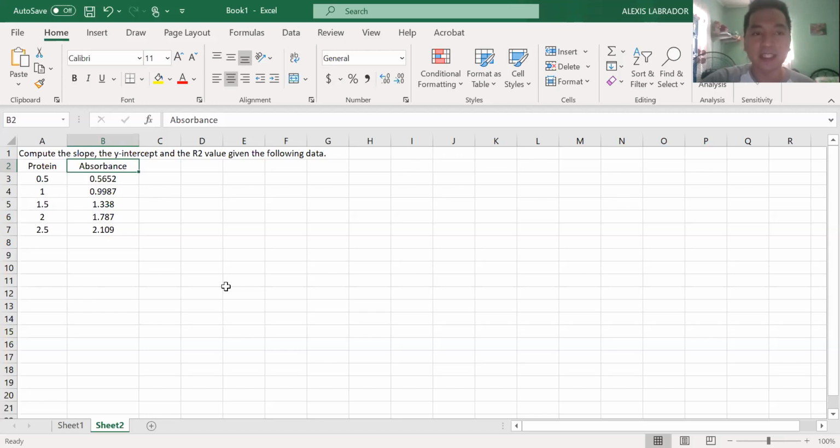directionality in our data. And most of the time for linear regression, we are obtaining the value of slope, the y-intercept, and of course, the r value, in which the r value sometimes gives us an idea on how good the data were obtained during the experiment. Because for a scientific experiment,